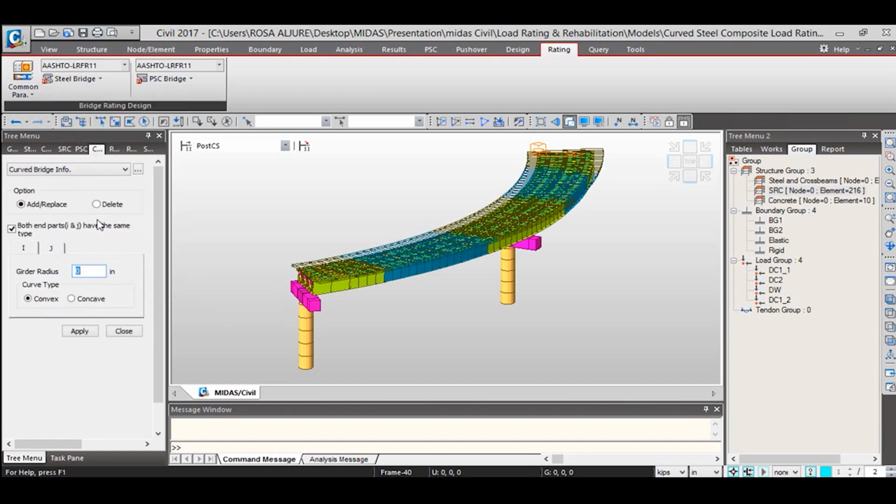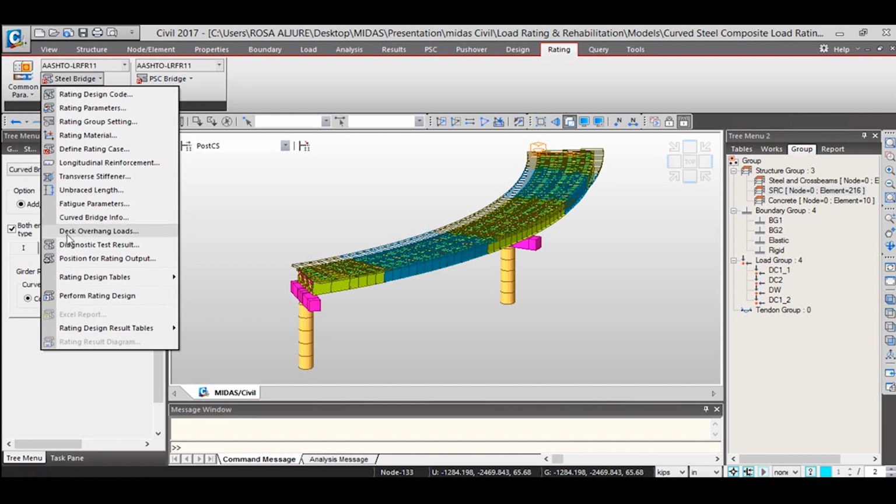After that, we have the curve bridge information. For the curve bridge, we assign the radius, in this case for this bridge, and let's just select the elements. Perfect.